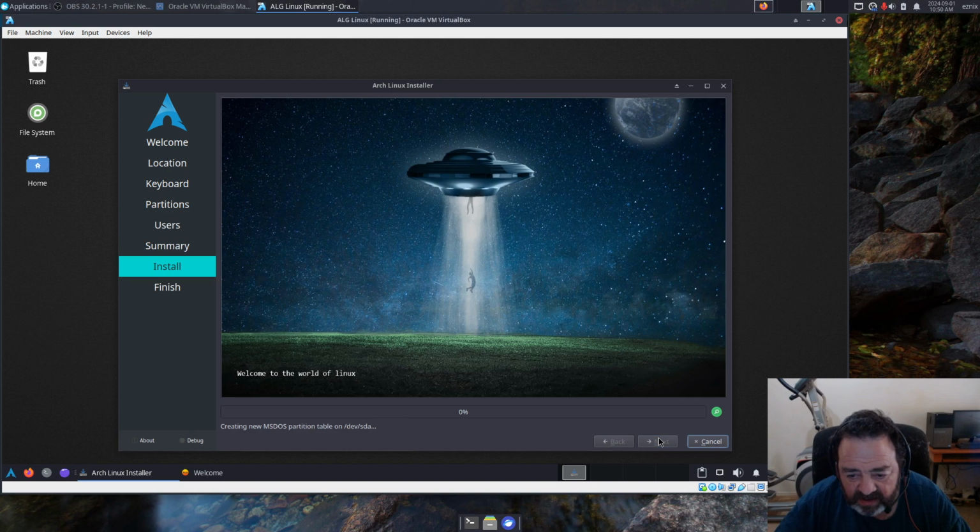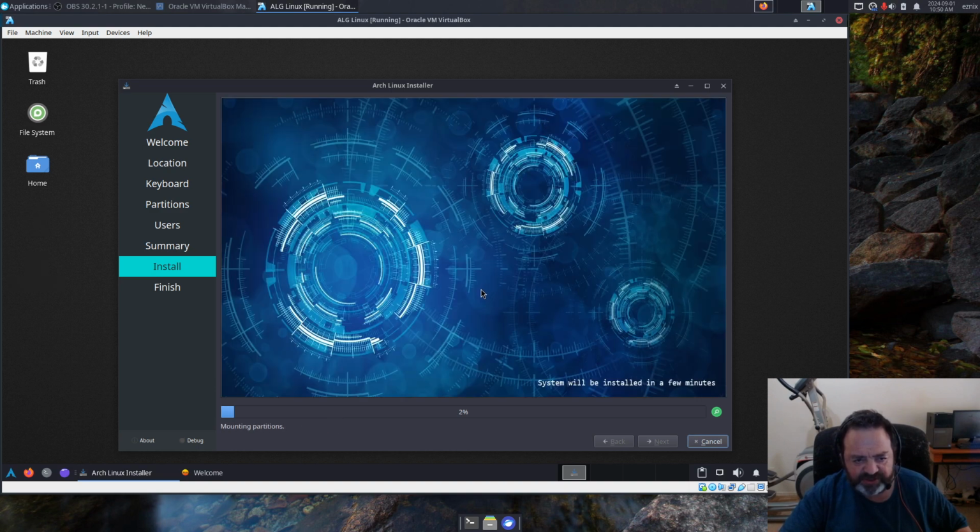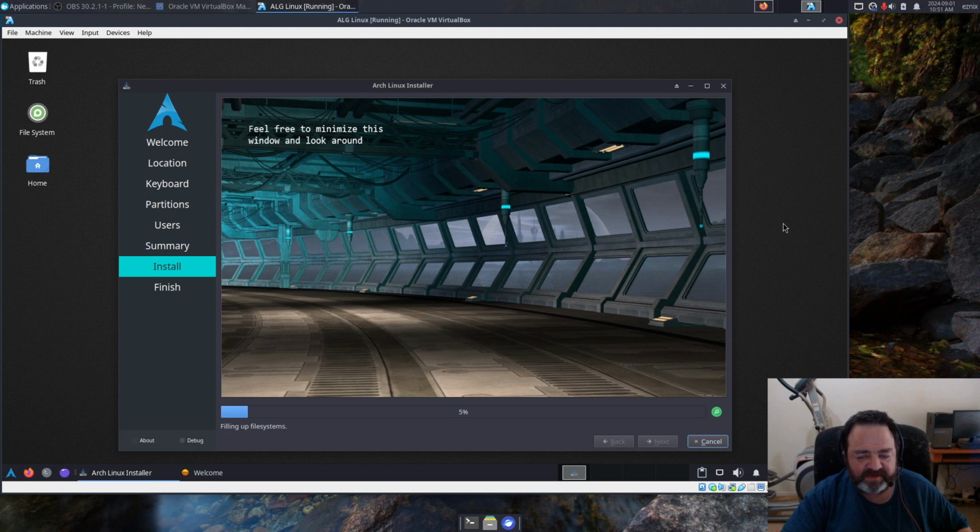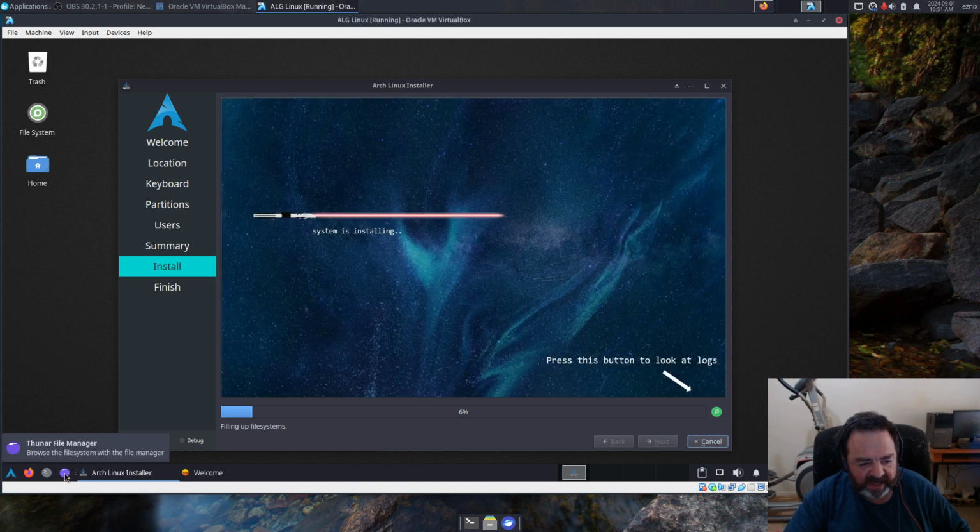And we go right into the installation. Cool. That's an odd graphic of alien abduction. Are we being abducted into ALG or Arch Linux installer? Okay, while this is happening, let's take a quick peek at